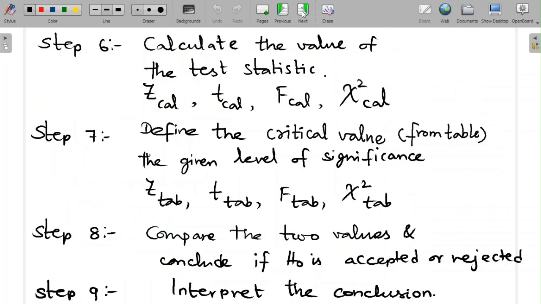And in step 8, we compare the two and we find out where the calculated value lies. Now, if this calculated value lies in the critical region, H0 will be rejected. If it lies in the confidence interval, H0 will be accepted. So we give a decision based on accepting or rejecting H0, and then we interpret the conclusion as the final step of the problem. So this should have given you a revision of all the fundamental concepts involved in the